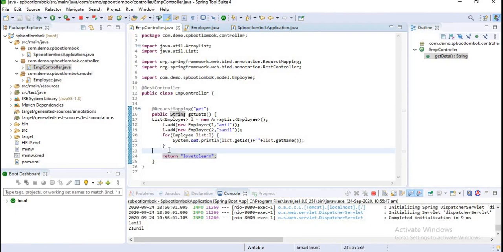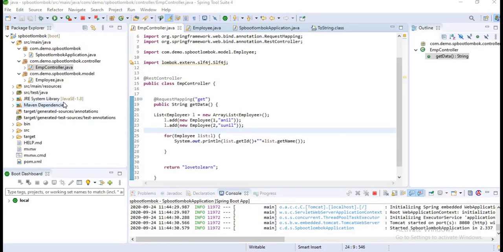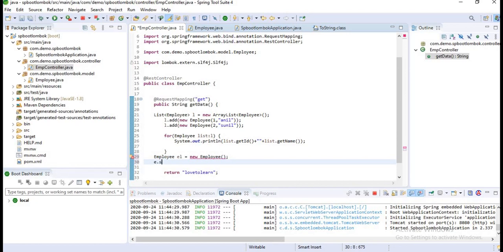Okay, and now I have implemented all argument constructors and getters, and the remaining one is setters. Now I want to use setters. Employee el equal to new Employee. Now I want to set data into it.